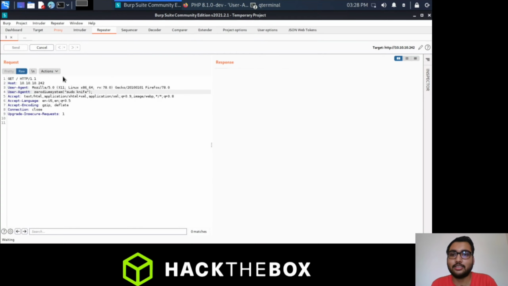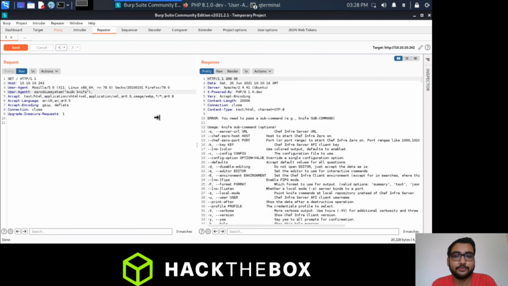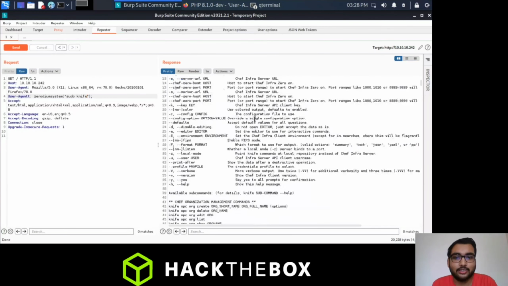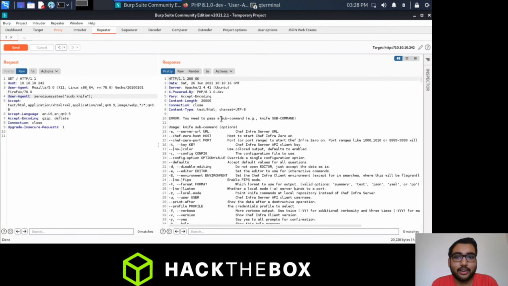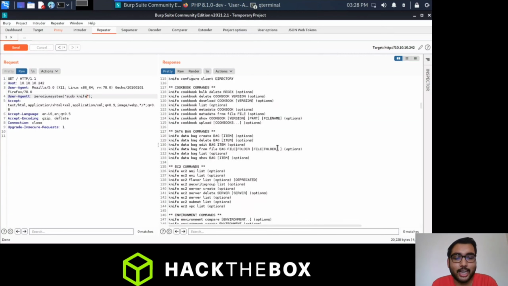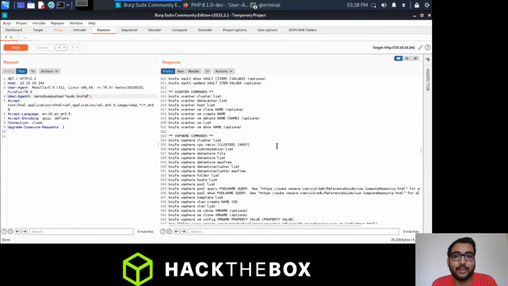So let's just check sudo knife, and here we can see the error: you need to pass a subcommand. Okay, and here we can see the help menu of the knife program, the knife script or program, I don't know what it is.